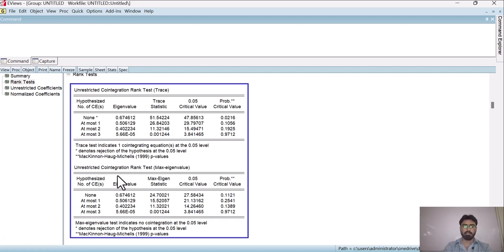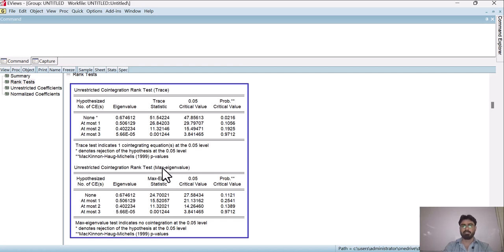And if we see the max eigenvalues, what does None mean? None means that there is no cointegrated equation, that is the null hypothesis. And what is the alternative hypothesis? The alternative hypothesis is that there is a cointegrated equation in your model. So if we see this p-value is greater than 0.05, which means that we have to accept the null hypothesis.